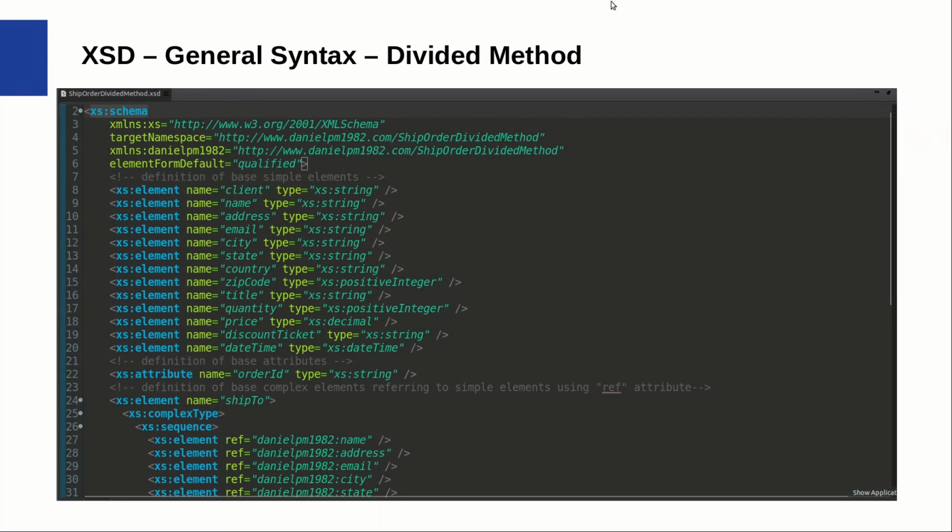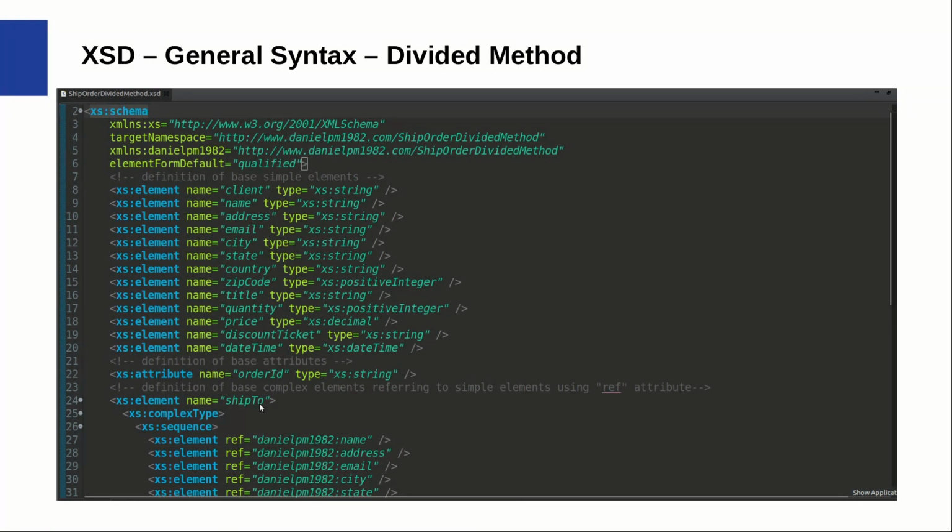So you can see here that instead of declaring all the elements one inside another inside the root element itself, you declare all the simple elements globally, nested to the schema element, and as such you can reuse those elements by referring to them when you want to declare the elements inside any complex element. For example, here we are declaring the shape2 complex element, and we want to add as elements